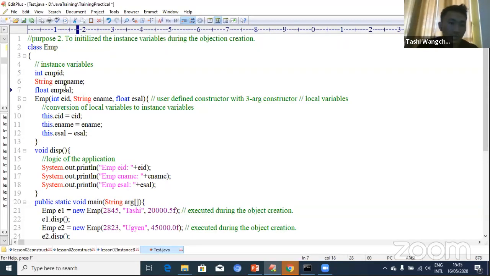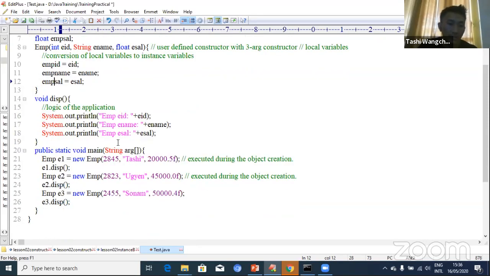Now if you are declaring different names, then you don't have to use this. For the conversion you can just remove this and just use empid, then remove this and just use emp name, remove this and just say emp salary. This will work perfectly. Okay,